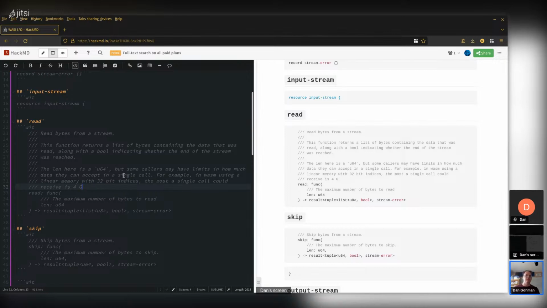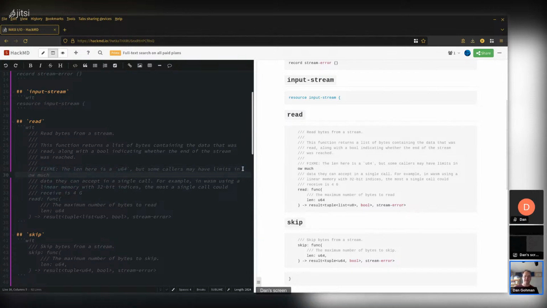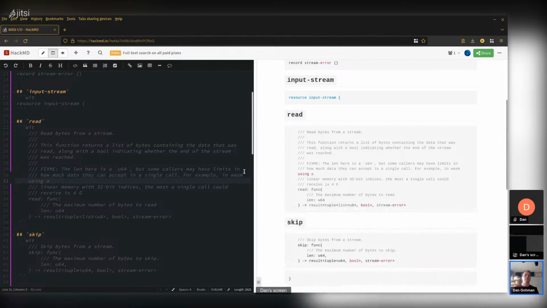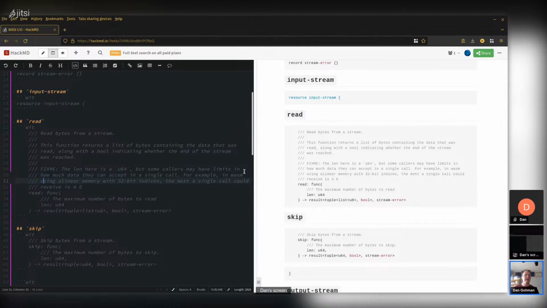So let's make this a to-do, or maybe a FIXME. We'll go all the way to FIXME. The len here is U64, but some callers have limits in how much data they can accept. Using HackMD here, I don't have language sensitivity, so I'm manually hacking on comments here.